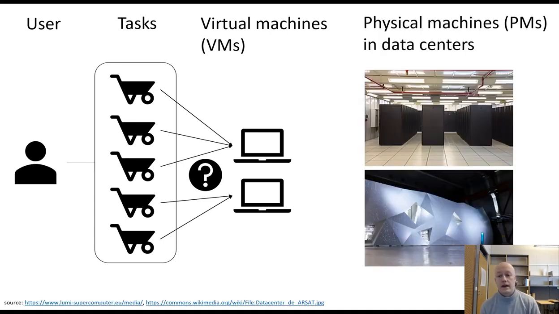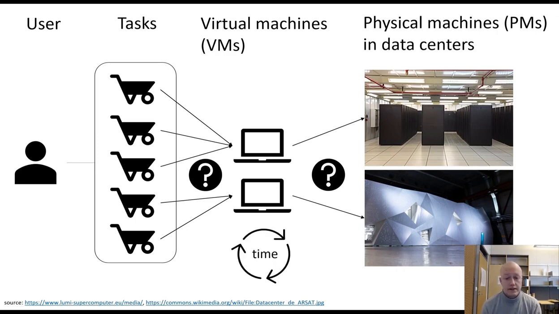Second, we have data centers, and data centers contain physical machines. So the next question is a maybe a bit more studied question, where we ask how should these virtual machines be allocated to the physical machines. And this problem is dynamic in the sense that there is a time component, and while the computing proceeds and when the tasks are finished, some resources are freed from the physical machines. So we might need to migrate, and this whole problem evolves.